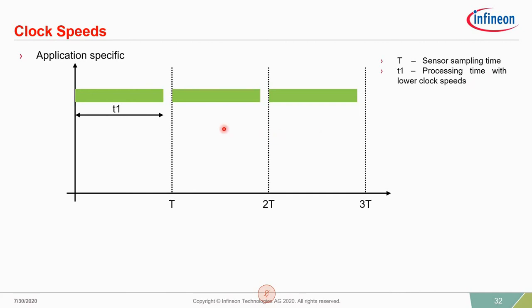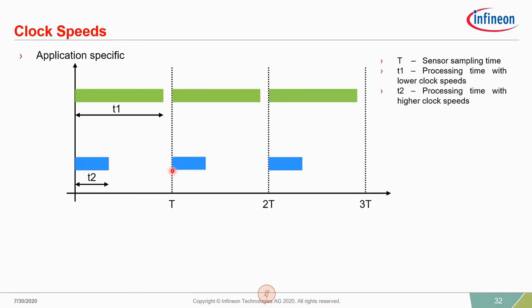Now, in this case, the amount of time that the device can be in low power mode is very less. And this actually increases the average current consumption. So instead of this, we can increase the clock frequency, process the sensor data very quickly, and you can use the remaining time to transition the device into low power mode. And using this, we can actually reduce the average current consumption of your application.